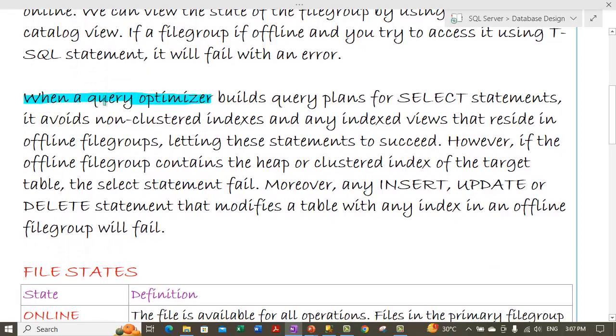when a query optimizer builds the query plans for select statements, we will talk about the query optimizer in our upcoming